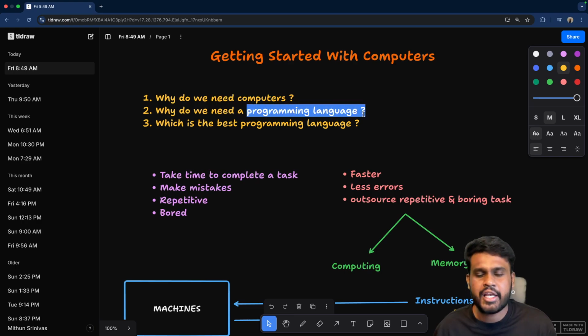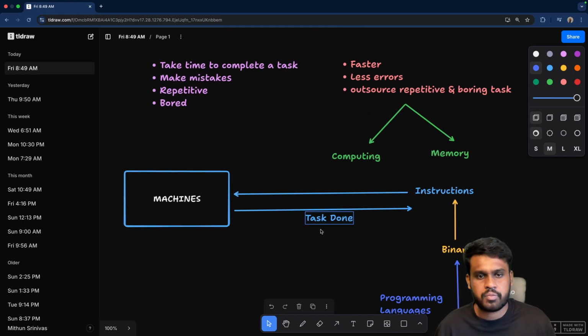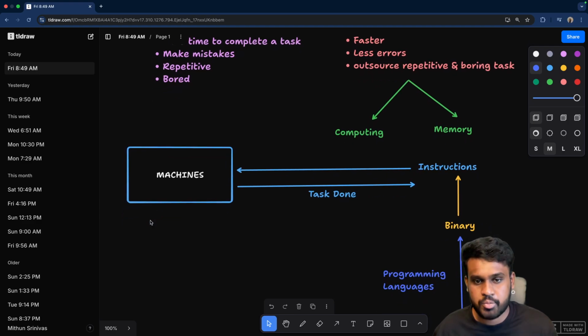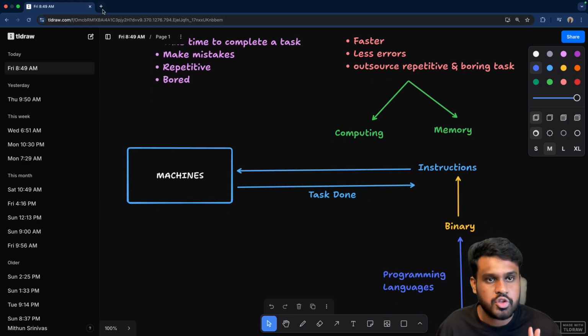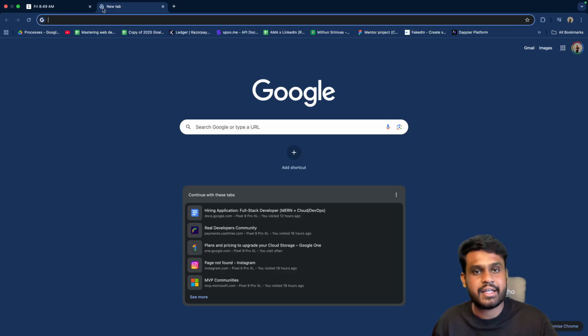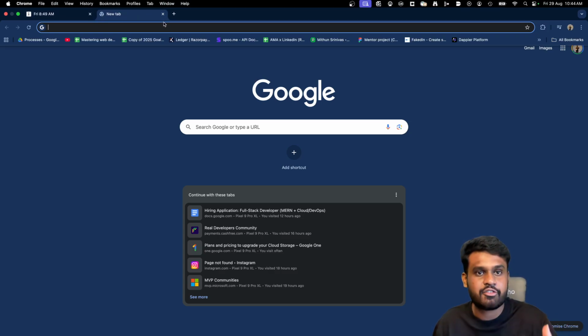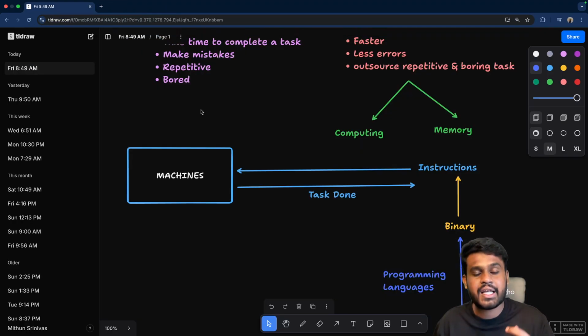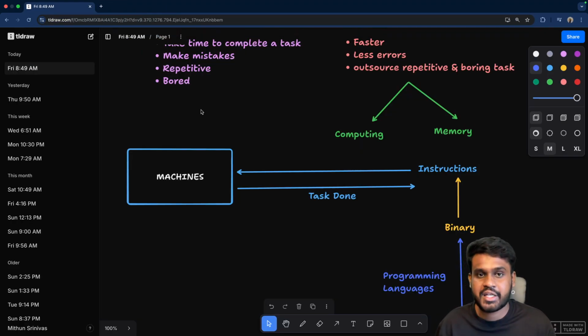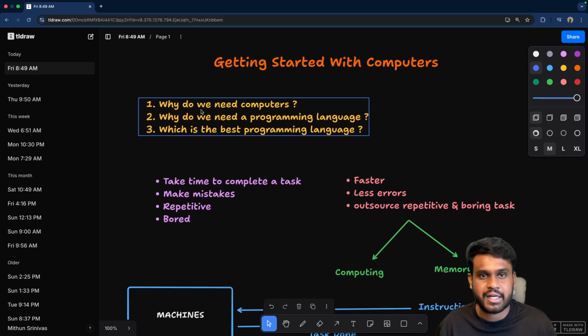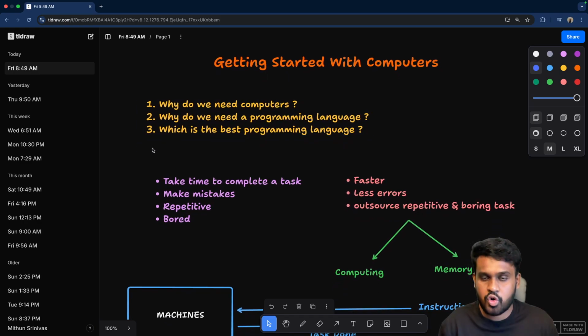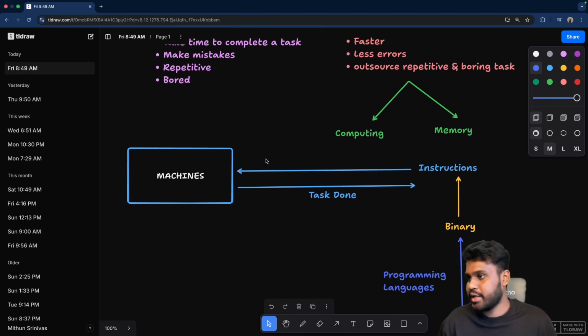So any task you want to get done by a machine, you need to write a program. It might be just clicking on this new tab. Someone has written code to instruct that, hey, your UI should change, the interface should change, you will get a cross button. Someone has given that instruction through code. That is why programming language is very important at the core. Don't think that if you are using no code, low code things, it doesn't mean programming language is not there. It is the way you communicate and it should be there. Great. Now you understood why programming language exists.